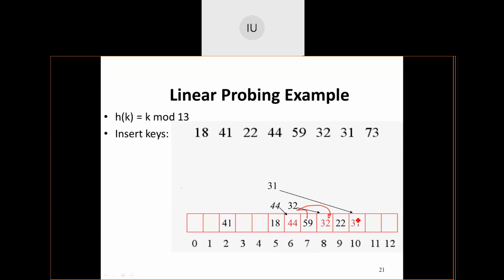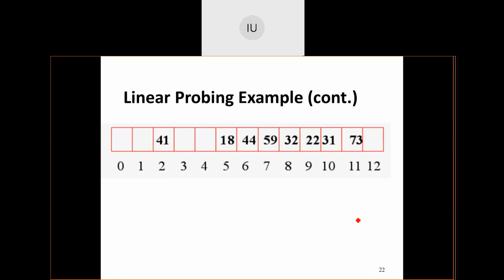Now, 73. Exactly at 11, but initially it has got 8, plus 1, plus 2, plus 3. If I apply plus 3, I will get the position for 73. This is the table constructed after applying linear probing.